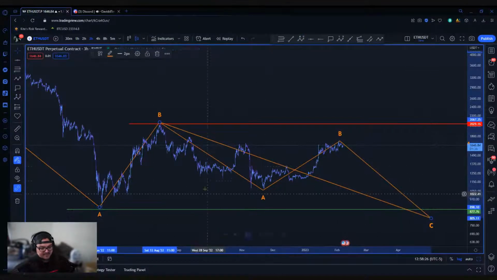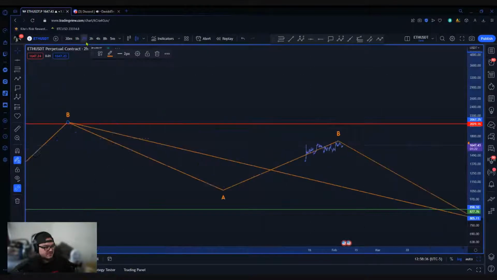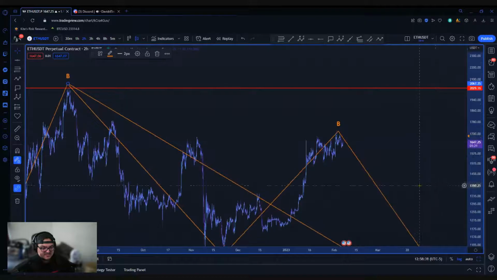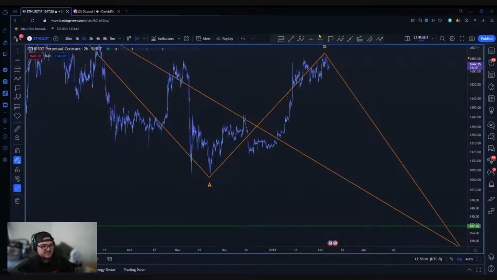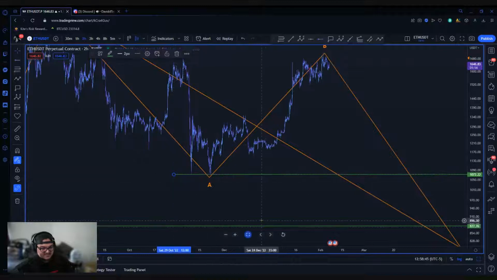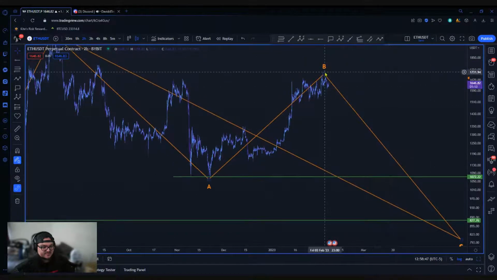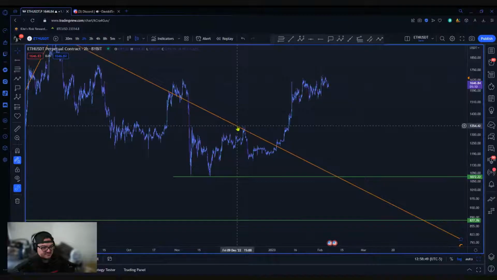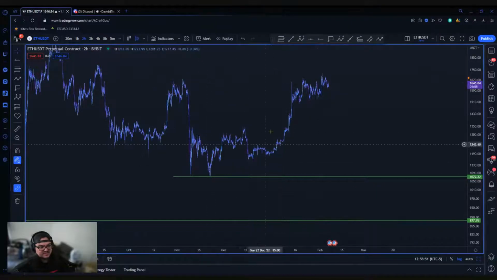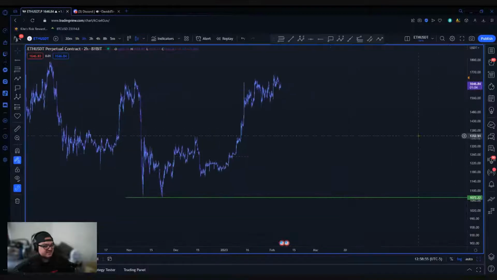And if we do get that, this would be the setup for me. I would like to see it get down to those lows. But like I said, we don't know necessarily where it's going to go. If we want to go based on this method or based on this idea, we would have to come back and cross below, at the very least, 1072. Right? If that is the case, we can focus on what is going on here to try to catch that potential swing down to the downside.